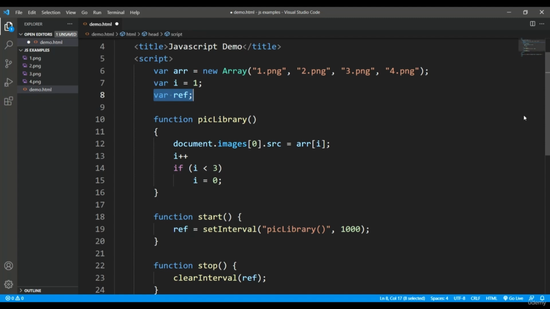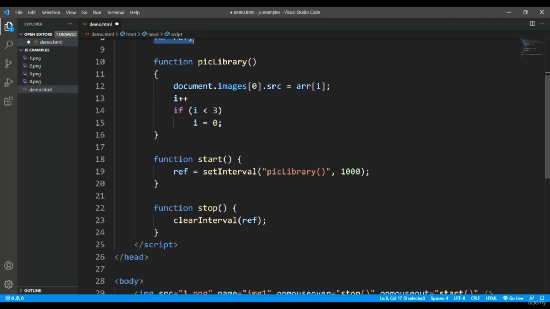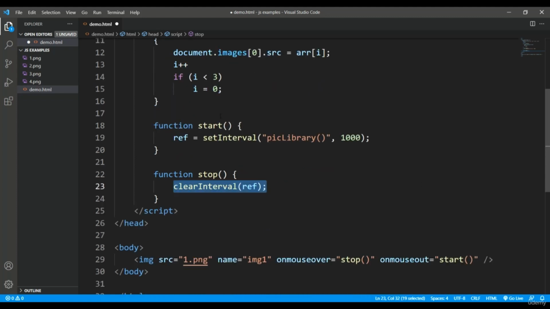Now in this stop, when I want to stop the slideshow of the images, I will just pass that reference itself, because there may be a number of intervals in the single HTML page. So I need to specify which particular interval I need to clear. That means when I say clearInterval(ref), it will stop calling this pick function after each 1000 milliseconds,